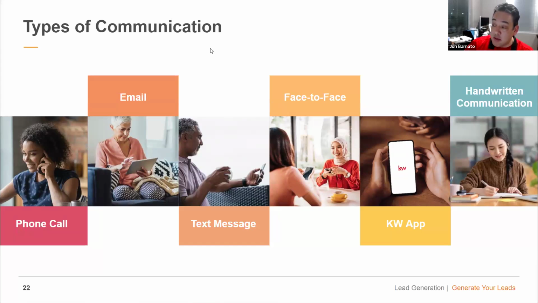And I want to take you down this path. You may start with text, you may start with social media, you may start in these venues, but you're always trying to take them down the path. You're trying to take them from text and email to a phone call, from the phone call to a face-to-face appointment. Now, in our settlement, we have to do buyer broker agreements, right? So no one's going to sign a buyer broker agreement. They're going to agree to pay you to help them show homes without a face-to-face appointment.